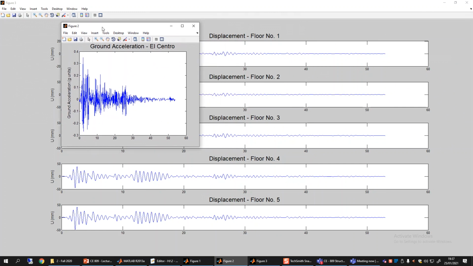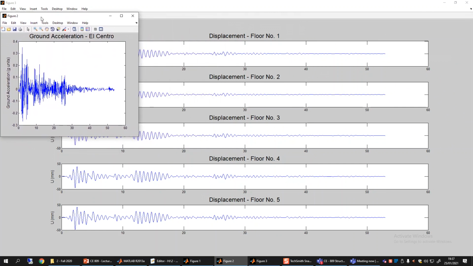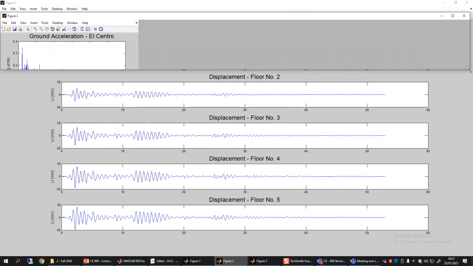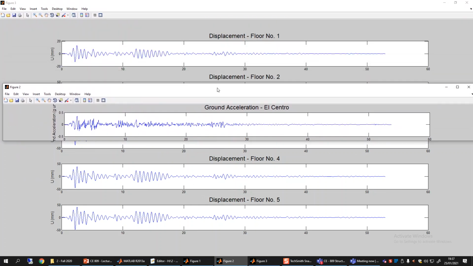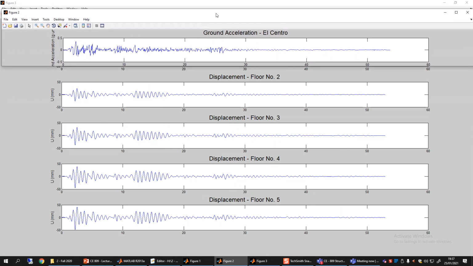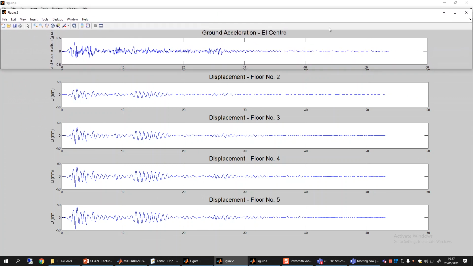So let me just maybe expand that to have a comparison. So now you can see here, maybe let me put it here, almost on the same level of expansion or same scale.